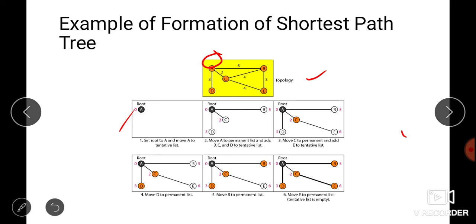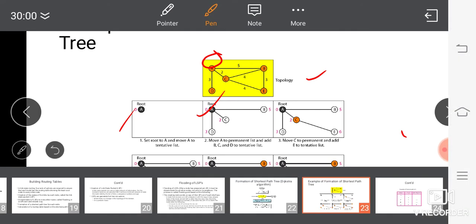Initially A is in the tentative list, and the permanent list is right now empty. Node A has the shortest cumulative cost from all the nodes in the tentative list. So we move A to the permanent list and add all the neighbors of A to the tentative list. So A has been moved to the permanent list, and then we are adding B, C, D to the tentative list.